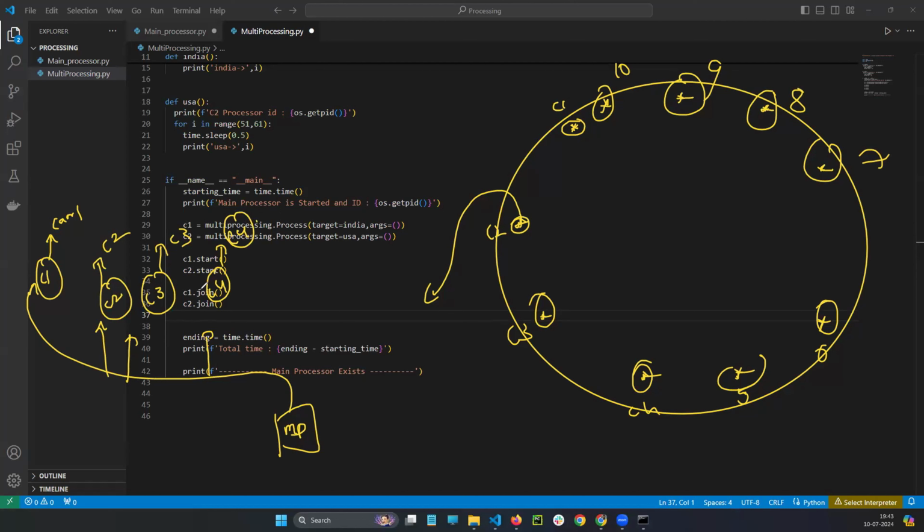Why, sir? Why are you using this? See, if I don't use this, after completing the C1 video, C2 will run. After completing C2, C3 will run. How is it possible to maintain the application? It is not possible. So what I will do? I will create 10 CPUs. Each CPU handles one camera continuously, and they will work simultaneously at a time.